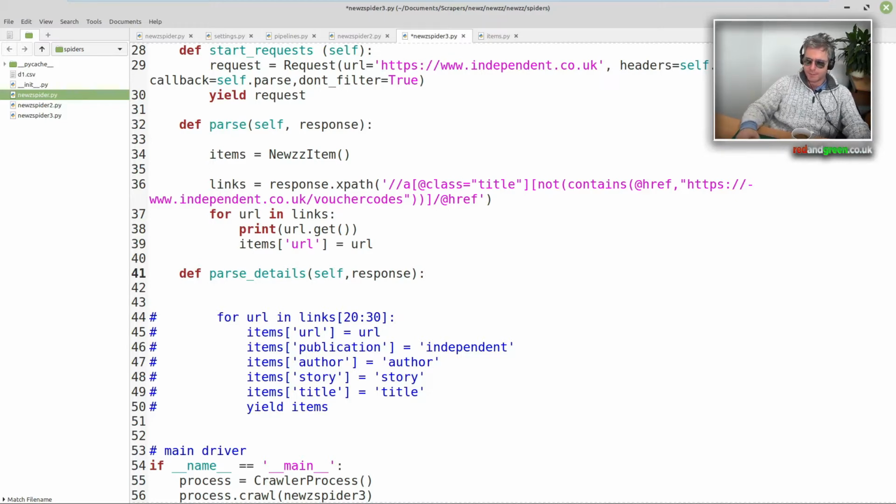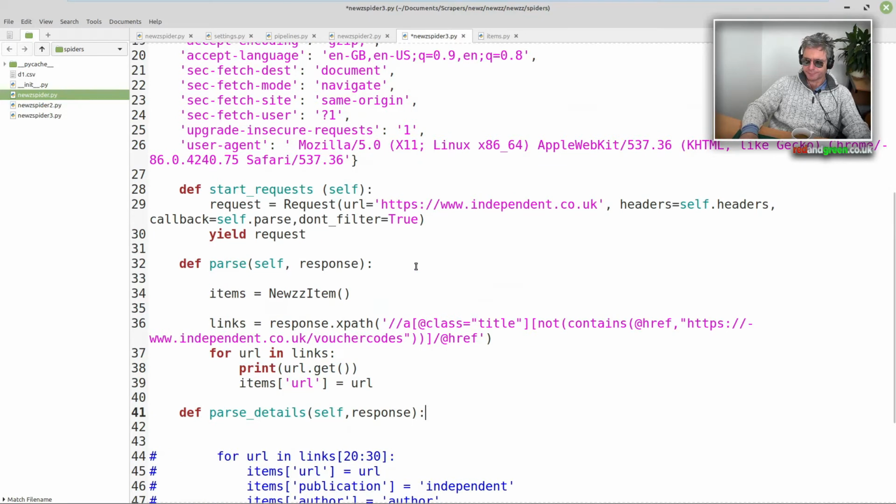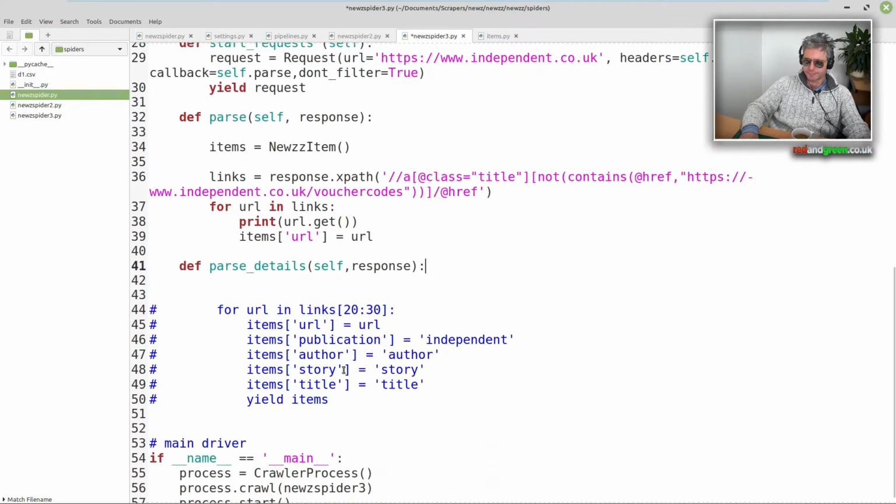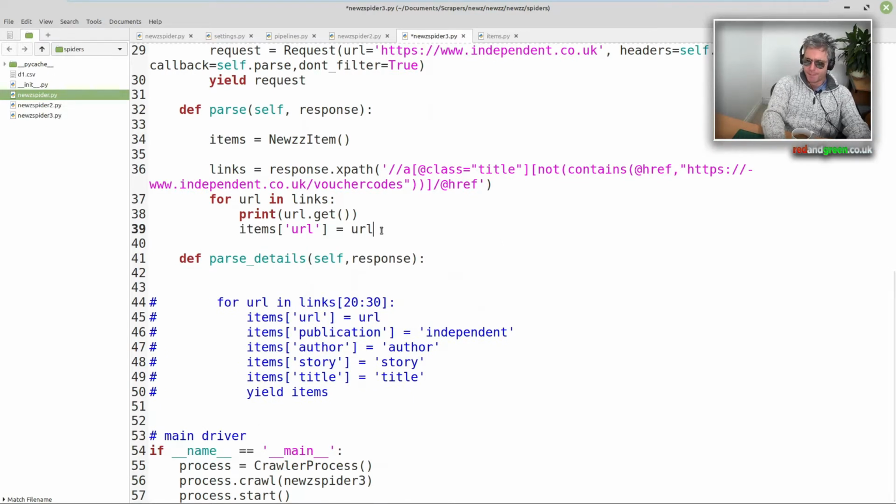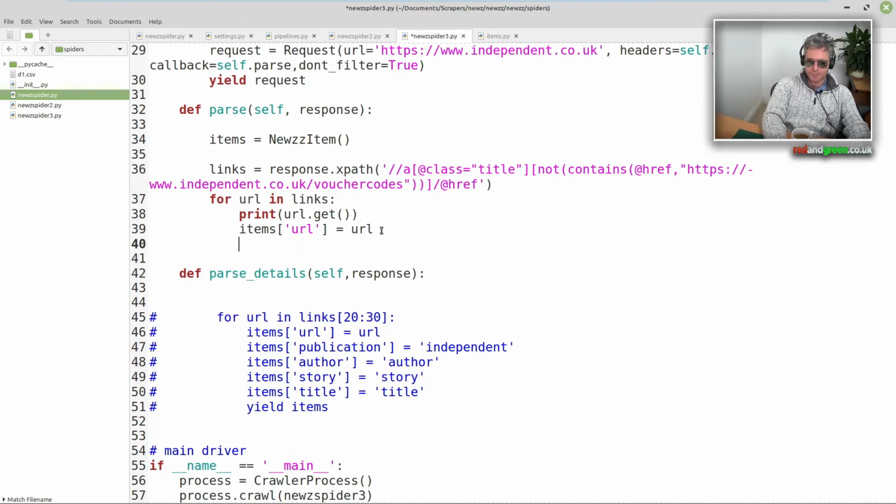And let's do something like, so within the parse, we need to yield, we're still within the for loop, we need to yield response.follow. We need to follow that URL,